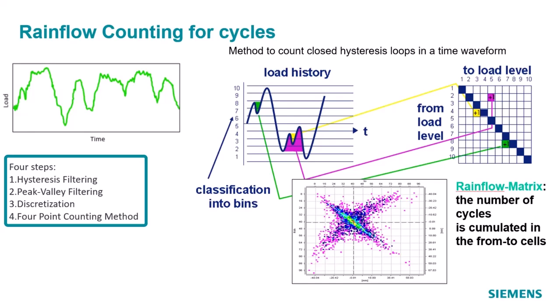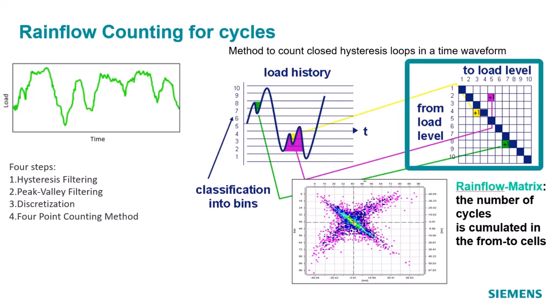If you think of this whole time history that you have, classified into these bins, you look for points where the inner points are within the outer points, and those constitute a cycle. It's important to know from which load to which load you are going, and from that you populate this table, which shows the from load level and to load level. Here, if we are going from level 8 to level 7, it happened once, so that counts as 1. And similarly, this yellow point is going from 4 to 3, and so that counts as 1 cycle.